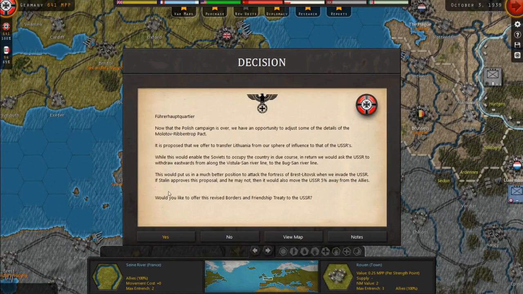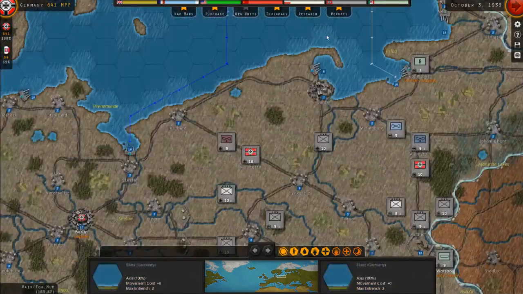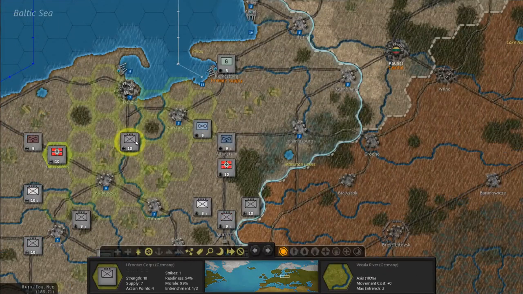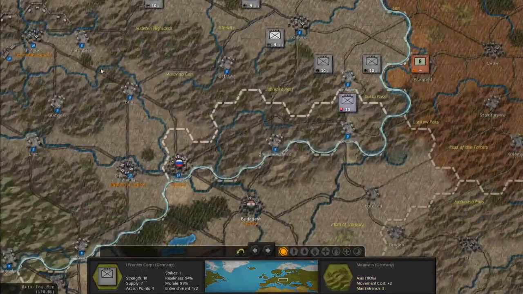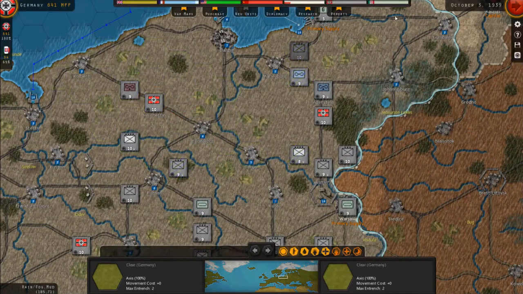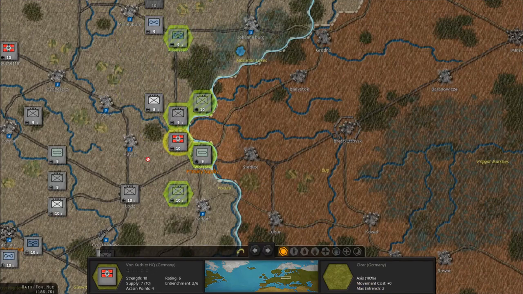Okay. It's proposed we offer to transfer Lithuania. Do we? Blah, blah, blah. Yeah. Okay. Right. So let's see. You moving up here. Rundstedt's going. Who are you? Von Bach. There's the stupid HQ I was looking for. Kuchler. We will let him stay down here